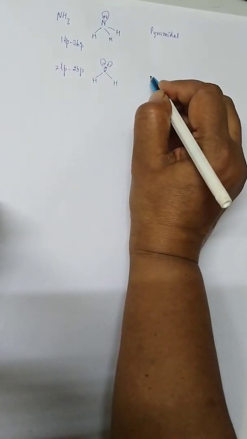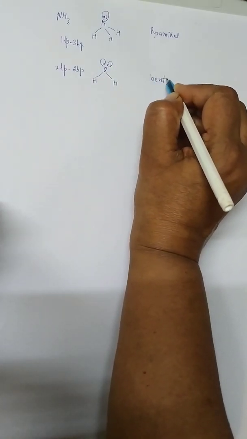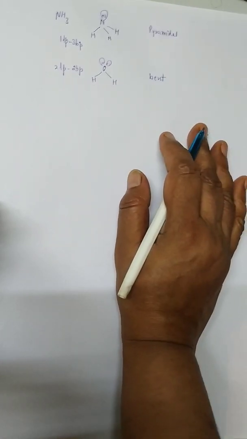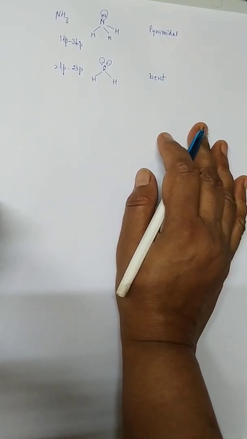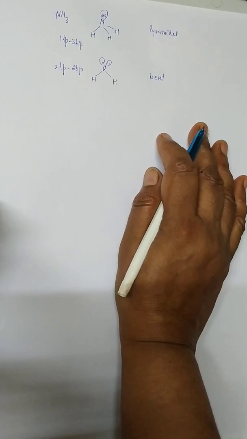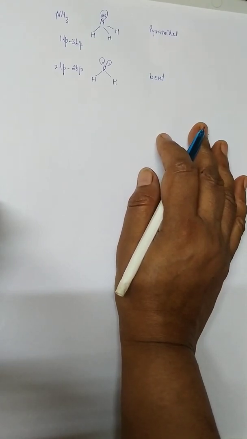They have a bent shape. So it depends upon the number of lone pairs or bond pairs surrounding the central atom, which will give rise to the geometry. You have to learn all the shapes in case of the central atom having only bond pairs or lone pairs. So here I am giving one formula to predict the shape of the molecule,